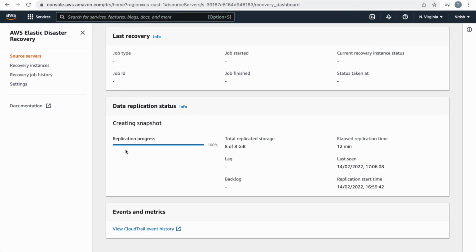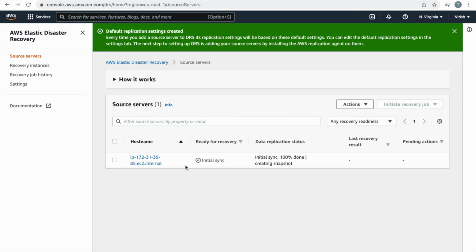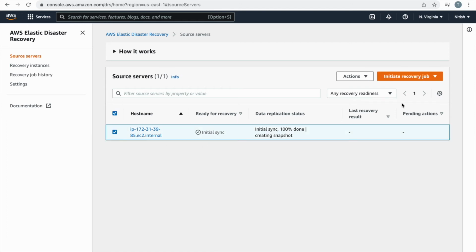Now it is saying replication progress 100%. Click on source server now. It is still showing initial sync. Here it should be ready, then only we can proceed. While it is coming to ready state, I want to make you remember that when we select this instance and initiate a drill or recovery,